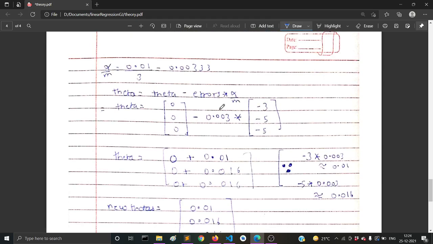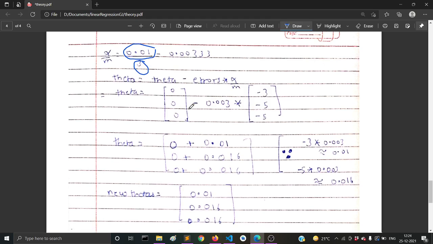So we have chosen our alpha to be 0.01, and our number of training examples is 3. So we will first divide these two, 0.01 divided by 3, which comes out to be 0.0033. Now, your theta will be updated: we will subtract this particular